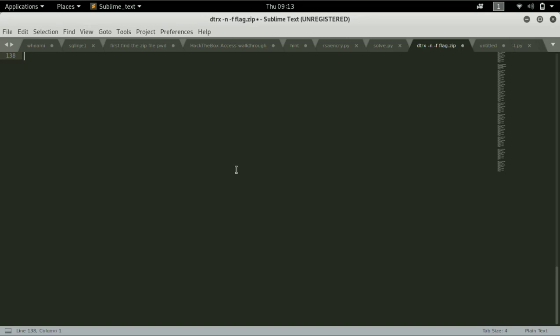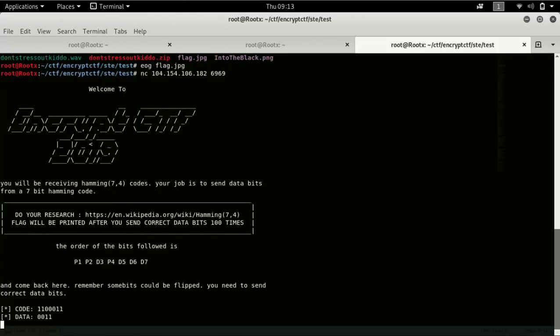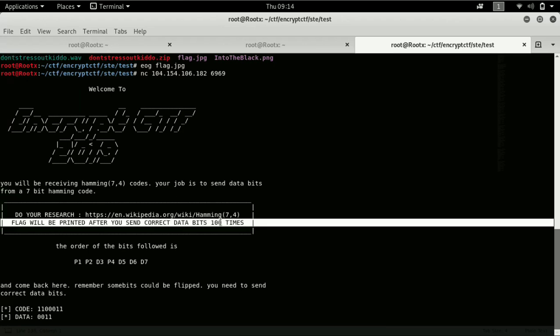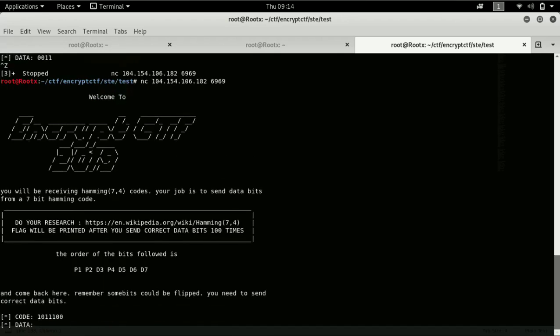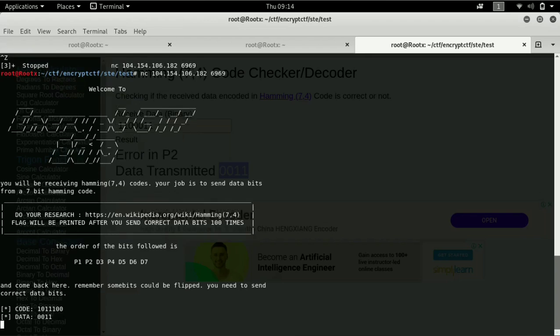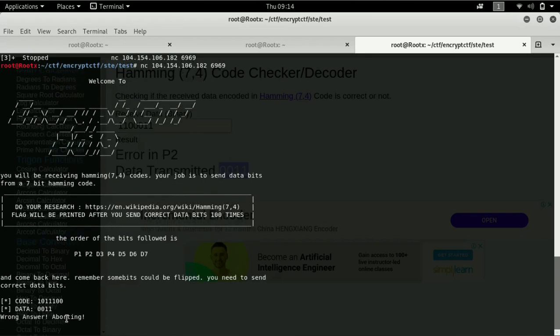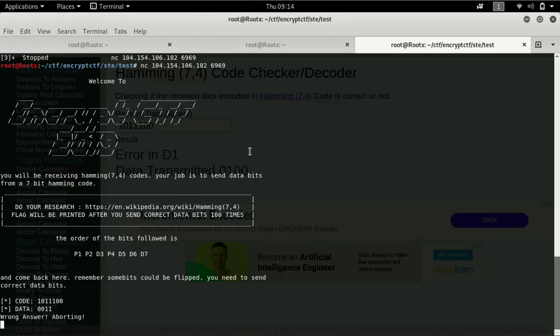It's not working by hand; we have to write an automated script, then only can we solve this problem. Every time it generates a new code, and if we enter a wrong one, it just gets stuck.